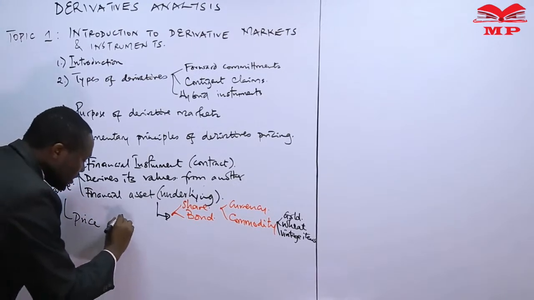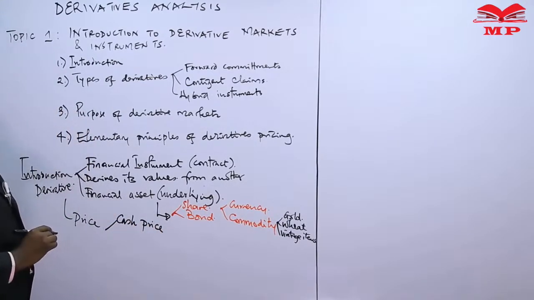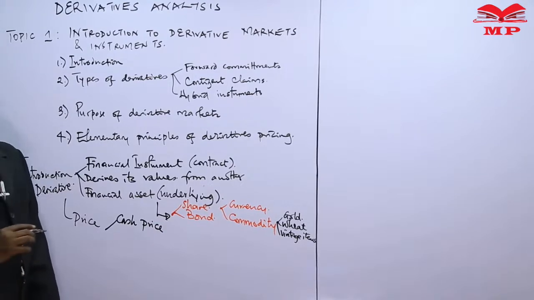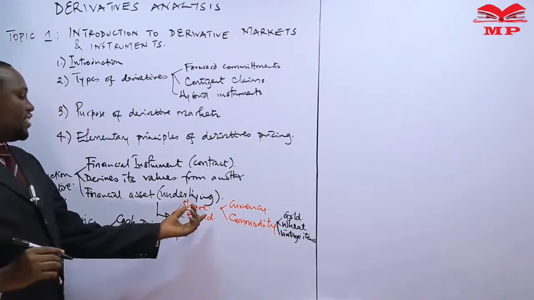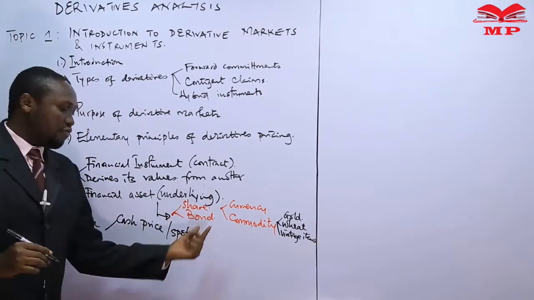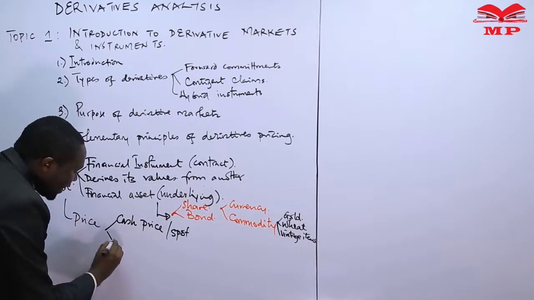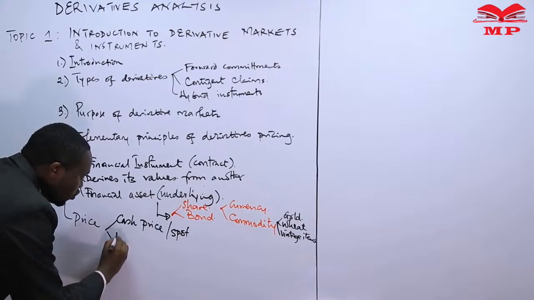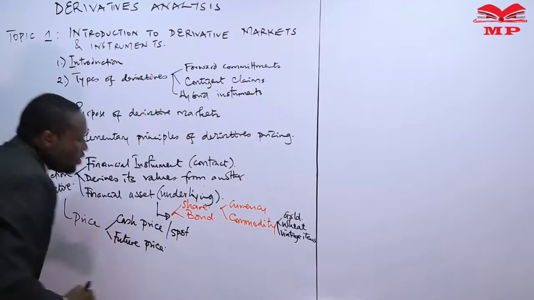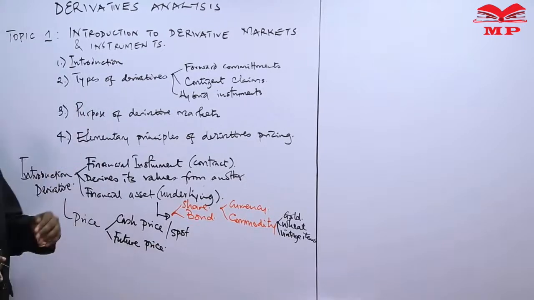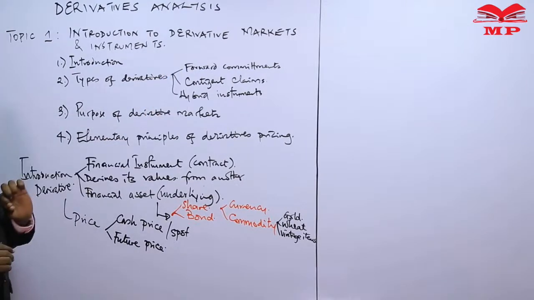The first price is called the cash price, or what we call the spot, which is the price of this share, the price of this bond today. And also they can get what we call a future price. What is the value 5 days from now, what will the Safaricom share be worth